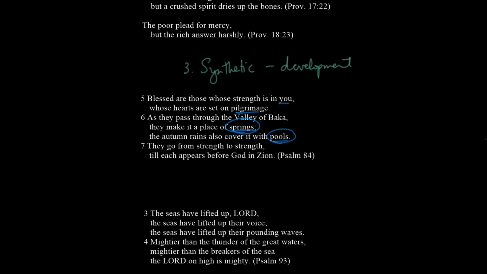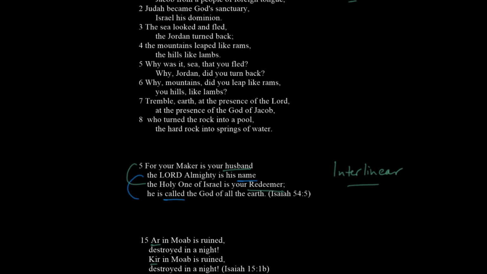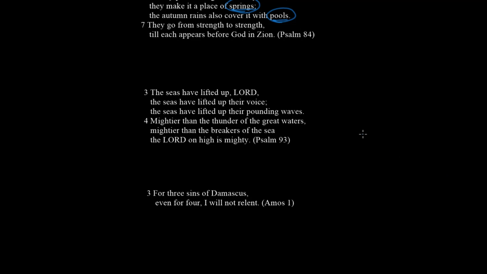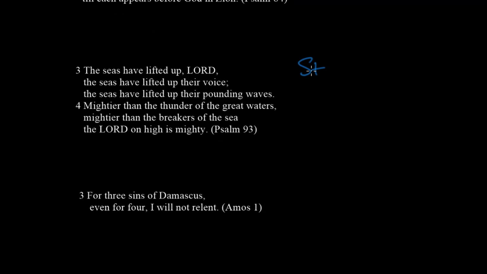Now, there are a couple of types of synthetic parallelism that are worth noting at this point. One of these is what we call staircase parallelism. So staircase parallelism, also referred to as climactic parallelism. So climactic. And the basic idea here is that there's a kind of crescendo going up the stairs, right? It's like the things get added on top of each other. And so that's really impressive, and it fits